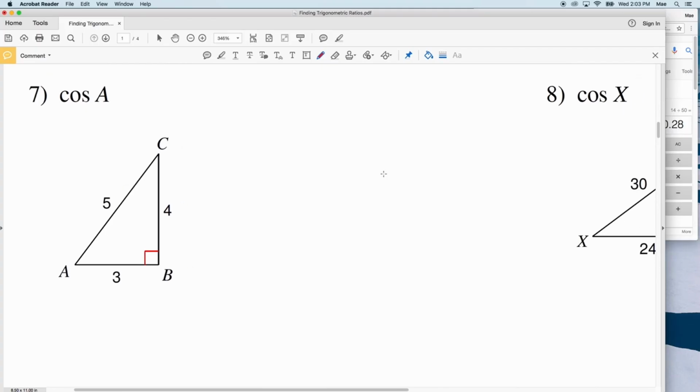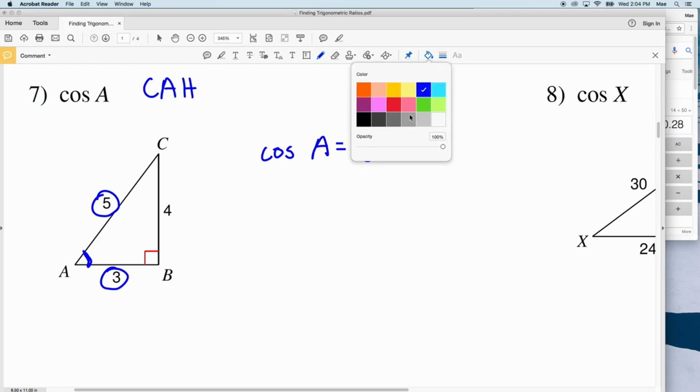Number 7, the cosine of A. Think CAH. So we're going to do the cosine of A. So here's our angle A. That's going to be equal to adjacent. And remember, adjacent is the side touching or next to the angle that is not the hypotenuse. So that's going to be 3 over our hypotenuse, which is 5. 3/5 we know is 0.6 or 6/10. So the answer is going to be